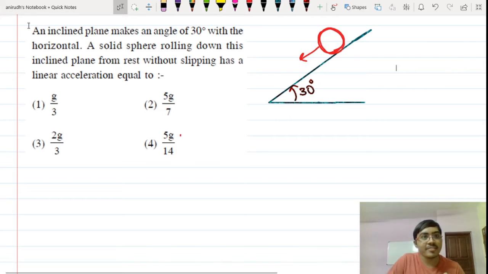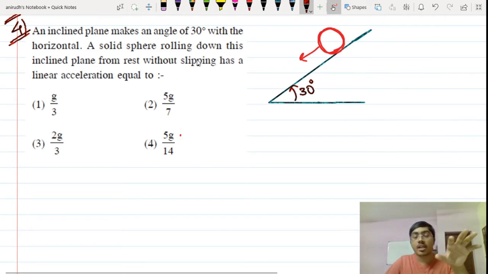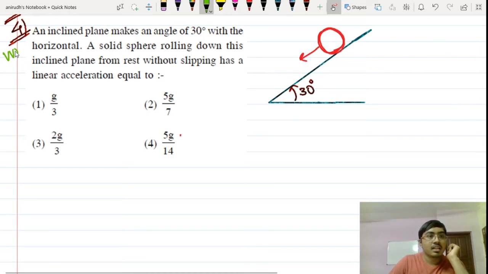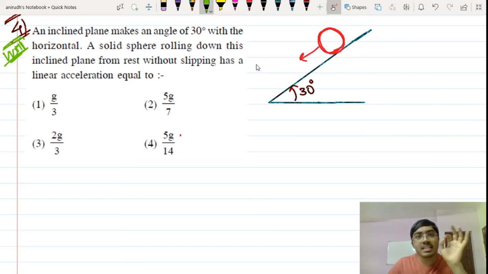So guys, this is the 4th question, and again it is from the topic of rotational motion, but this time a question on rolling motion has been asked. One thing to note here is very important: never ever miss this question if it comes in the exam, because this is a very standard question, and it is very much obvious that these kinds of questions will be asked to you in the practice test. Please make a note of this. This is a very important question.